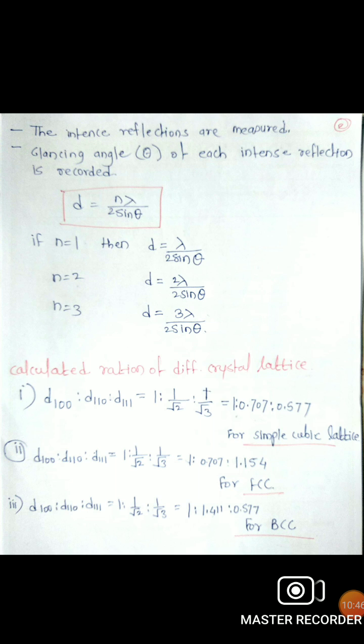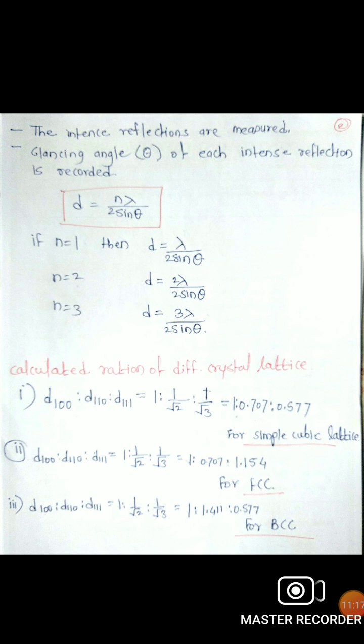Then for the face centered cubic system, d100, d110, d111, the ratio is 1 as to 1 by root 2 as to 1 by root 3, and the simple form is 1 as to 0.707 as to